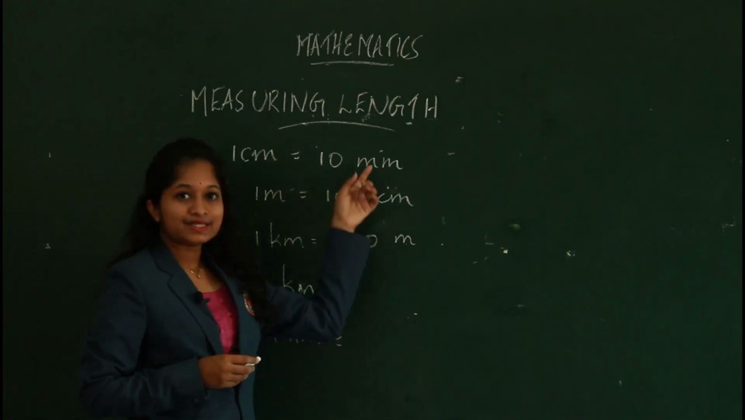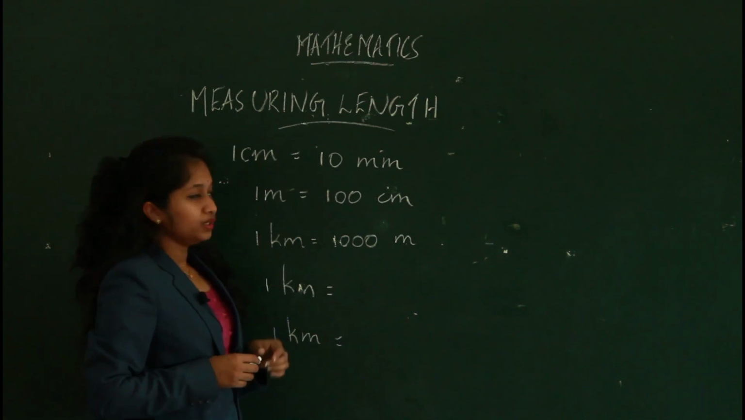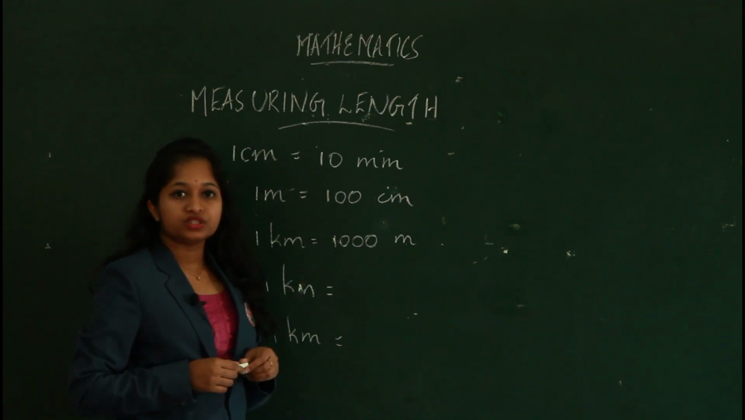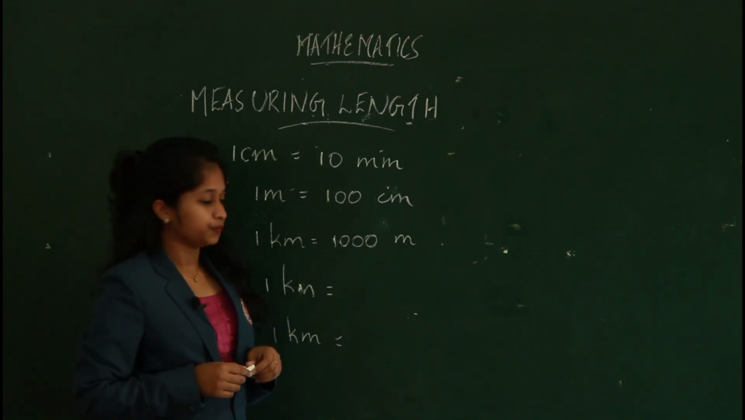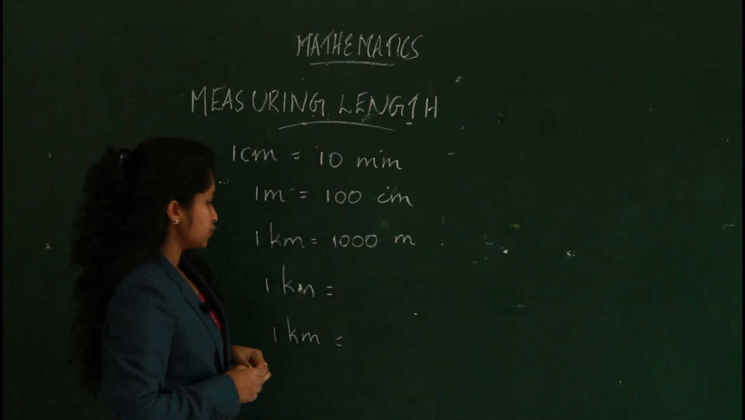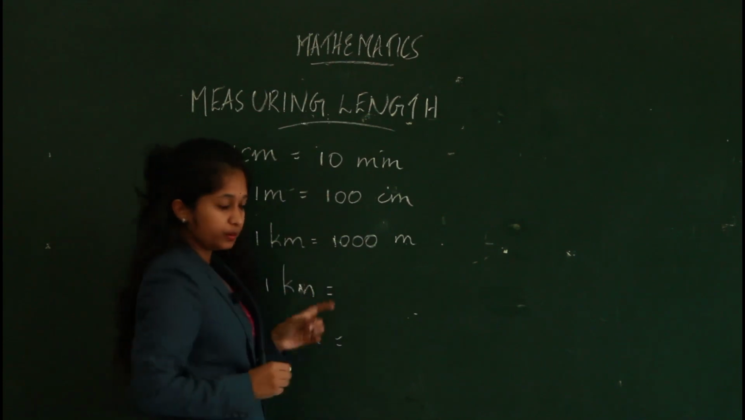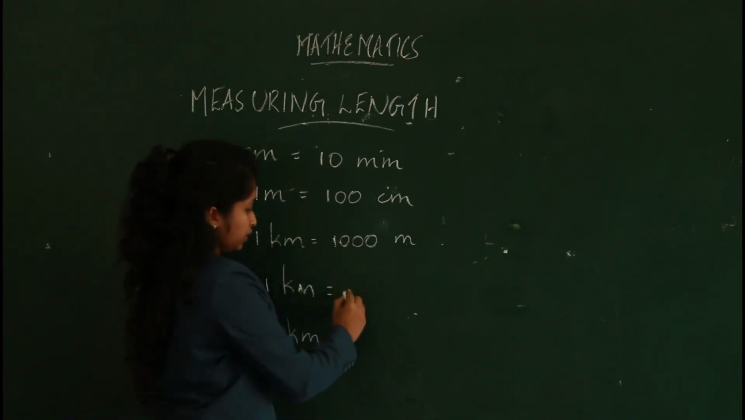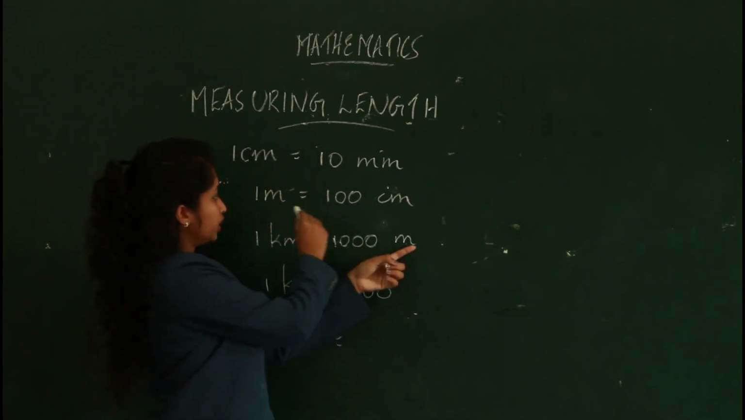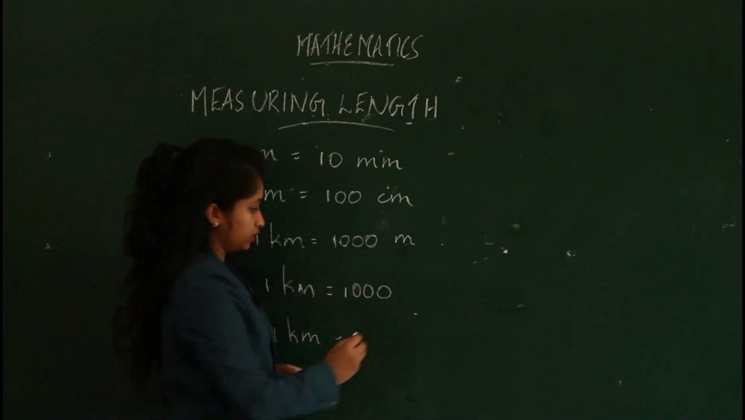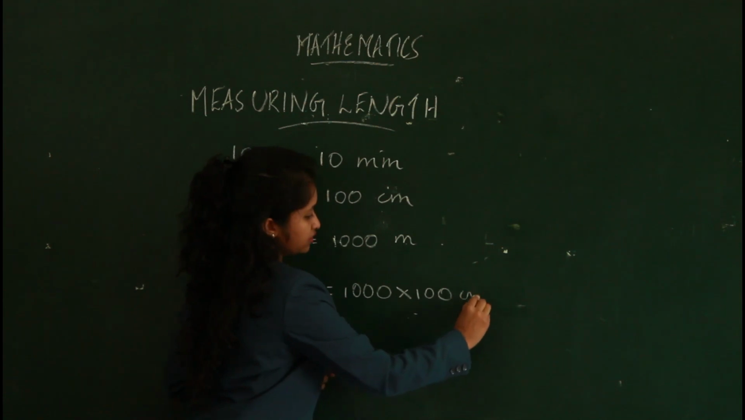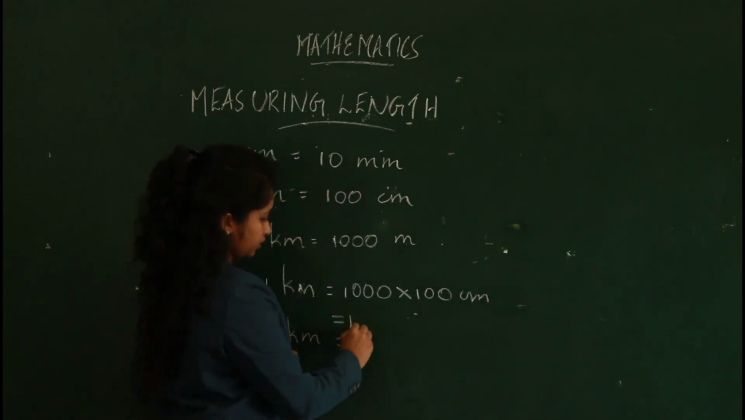1 centimeter is 10 millimeter. 1 meter is 100 centimeter. 1 kilometer is 1000 meter. And how can we write kilometer in terms of centimeter? For that, we know that 1 kilometer is 1000 meter. Write the 1000 here. And what is 1 meter equal to? 1 meter is 100 centimeter. So we can write 100 here into 100 centimeter. This is nothing but